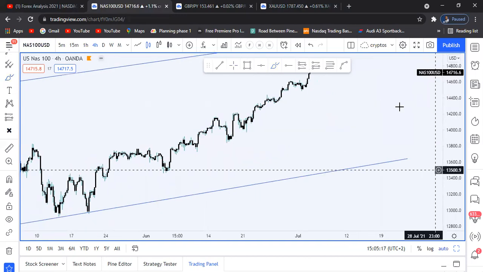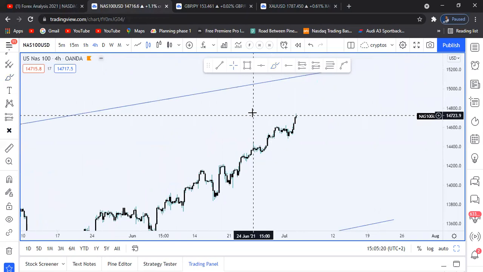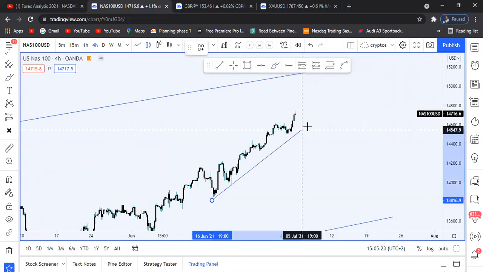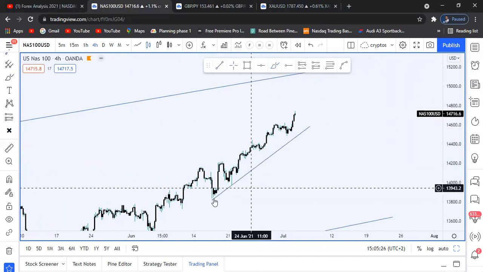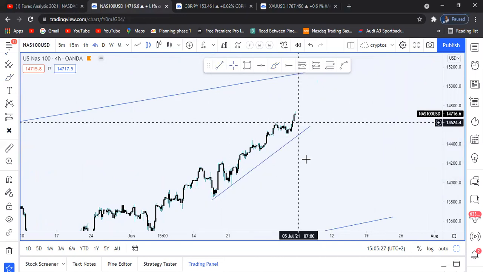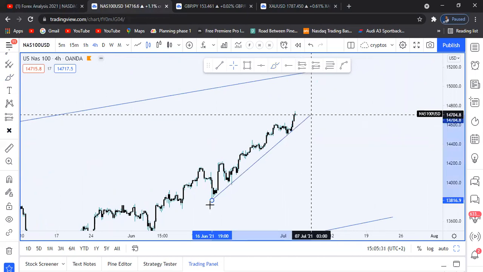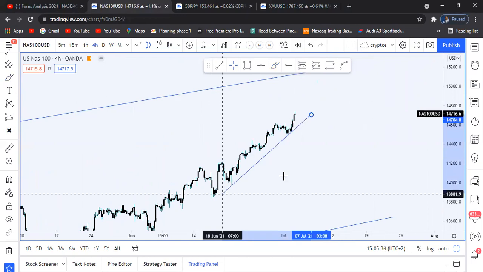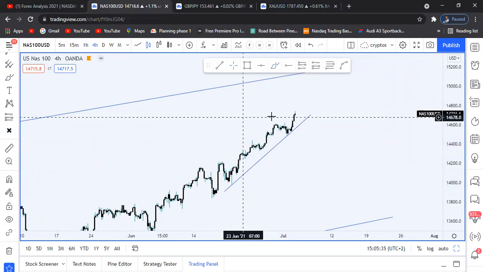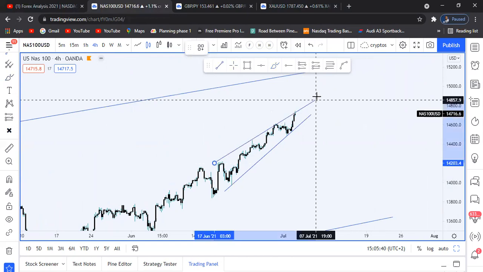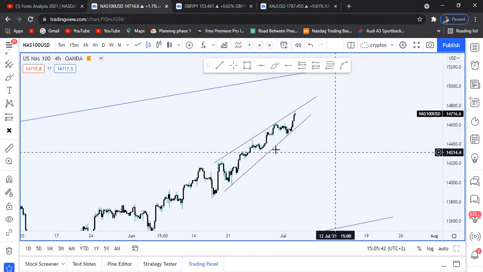So now, guys, looking at this structure, you can literally see we have these touches here. First touch, second touch. We didn't really come here for this third touch. So what I basically do is adjust my trend line to the recent price action. You can see we have these touches here, touching my trend line, and then we also have these touches here touching.